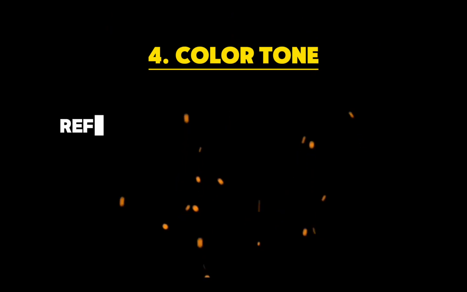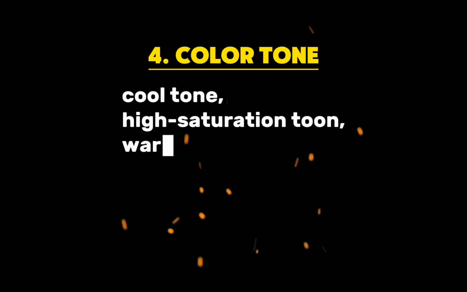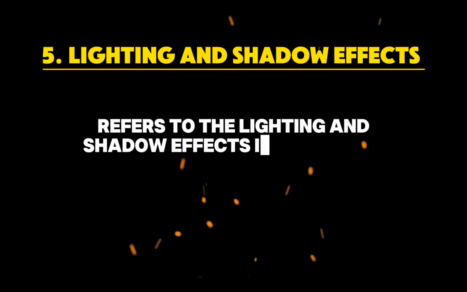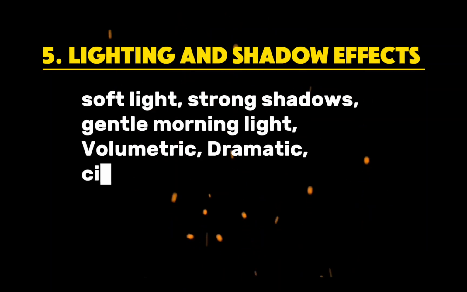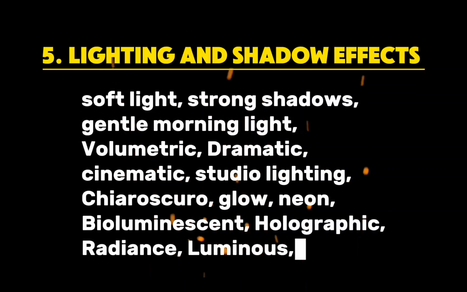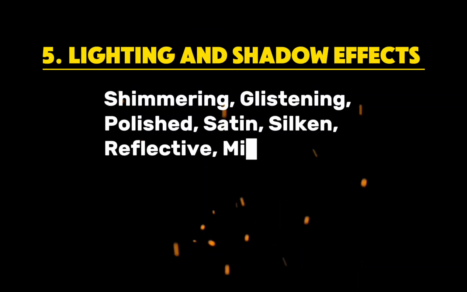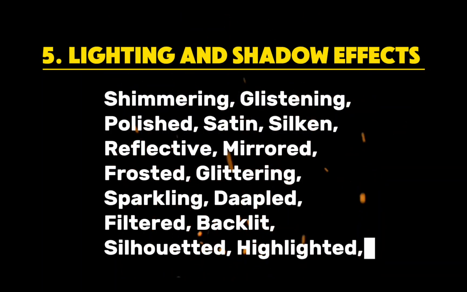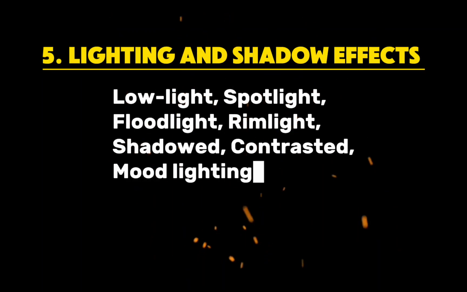4. Color tone refers to the overall color tone and color scheme of the image, such as cool tone, high saturation tone, warm tone, etc. 5. Lighting and shadow effects refers to the lighting and shadow effects in the image, such as soft light, strong shadows, gentle morning light, volumetric, dramatic, cinematic, studio lighting, chiaroscuro, glow, neon, bioluminescent, holographic, radiance, luminous, shimmering, glistening, polished, satin, silken, reflective, frosted, glittering, sparkling, dappled, filtered, backlit, silhouetted, highlighted, low light, spotlight, floodlight, rim light, shadowed, contrasted, mood lighting,